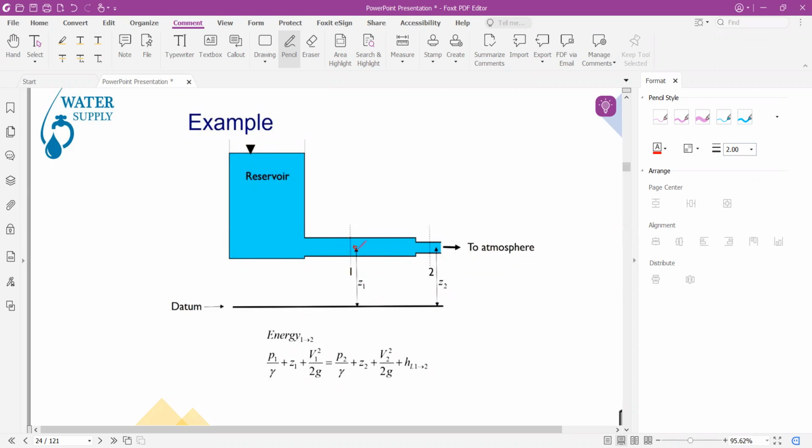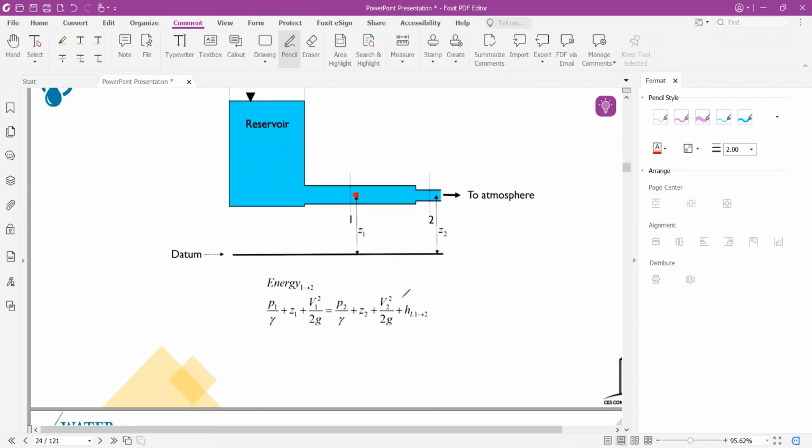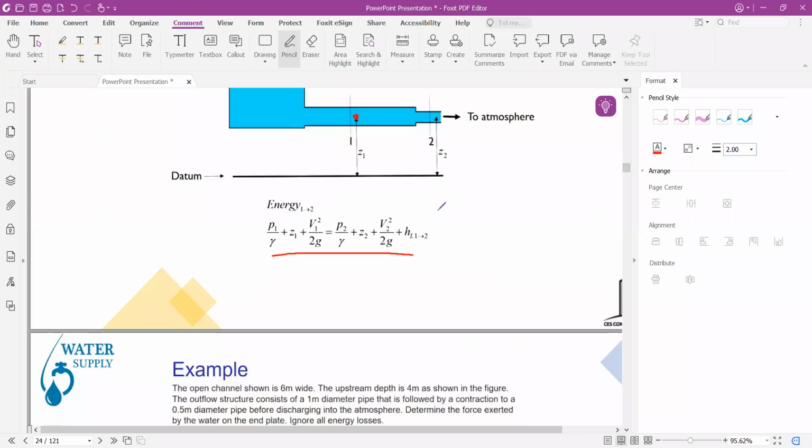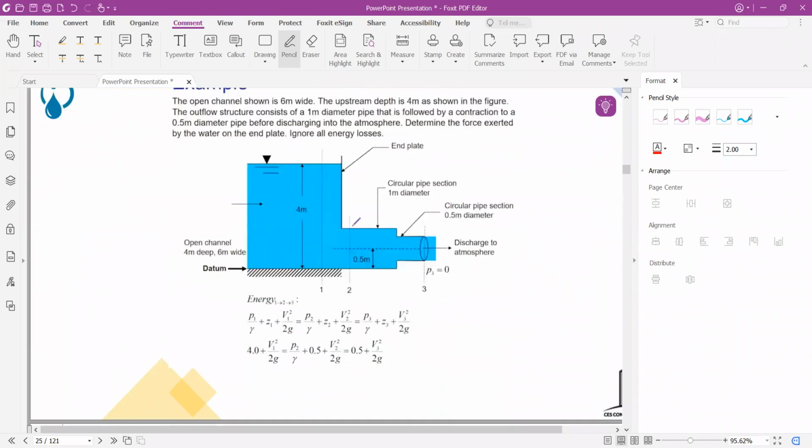Considering that, some point in the system has an elevation of Z1 and another has an elevation head of Z2. From that we can write the equation: the pressure head at point 1 plus the elevation head plus the velocity head will be equal to the pressure head plus the elevation head plus the velocity head at point 2, plus the head loss occurring through the pipe on the downstream side. So by using Bernoulli's equation, we know that at that point the pressure head is 0, so we will just consider that as 0